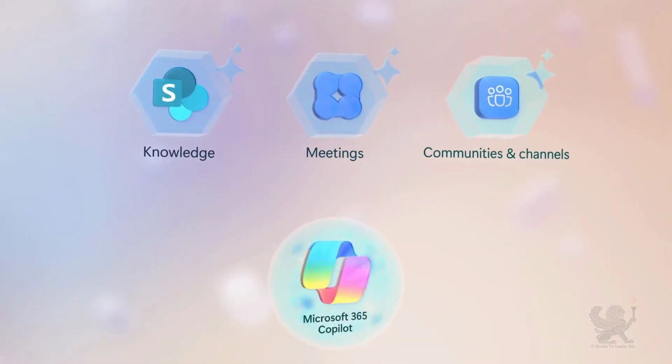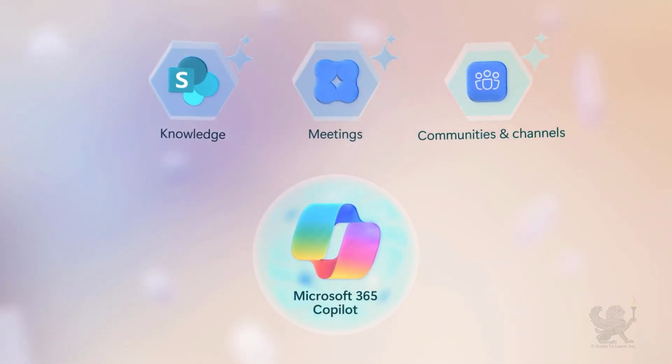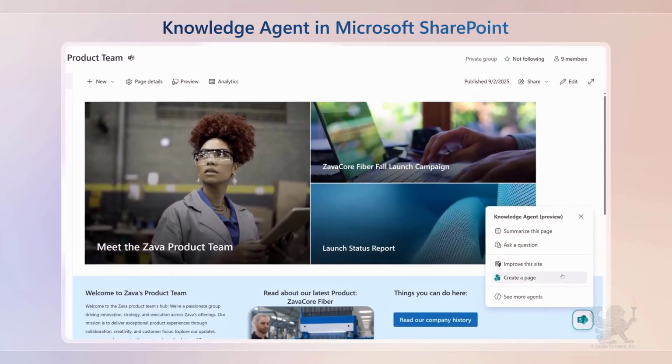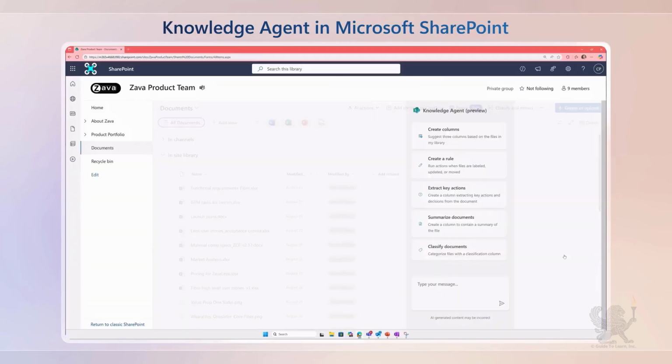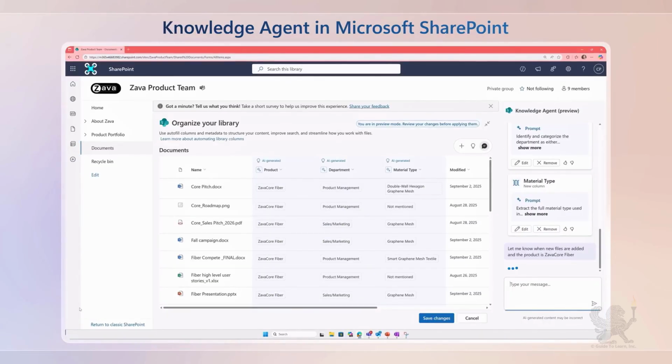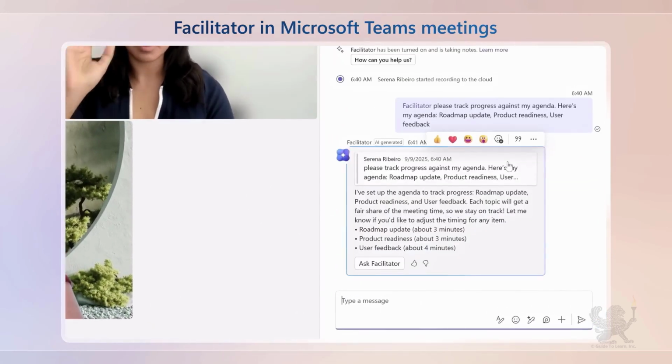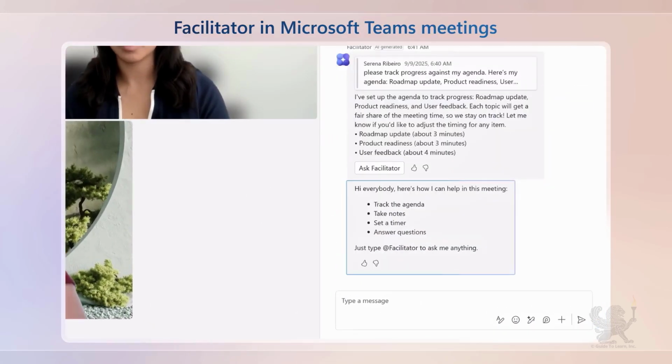The latest agents for Microsoft 365 Copilot users can now act as virtual members of your team. Today I'll show you how new collaborative agents for Microsoft 365 Copilot can work alongside you in real time, starting with the Knowledge Agent to help you manage your sites and organize your content in SharePoint. Then Facilitator in Microsoft Teams helps you run more effective meetings, working through your agenda and driving the right actions,